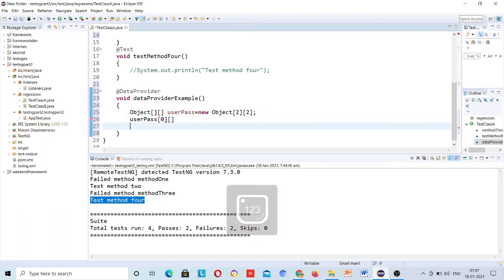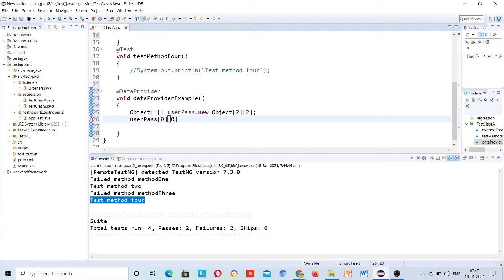At index 0 and 0, I will put my username, suppose Bandhan12, and the user password at 0 and 1, suppose pass12.